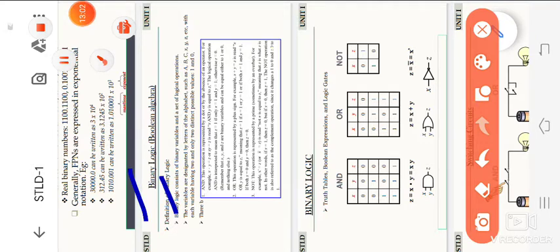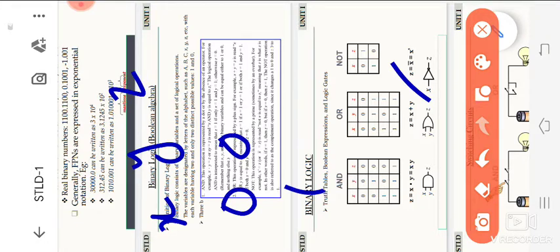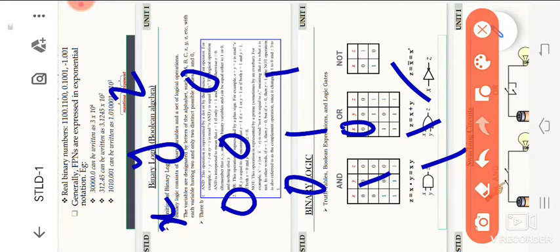This is the OR gate circuit diagram. So here two inputs are there, X, Y, and output Z. That means 00, 01, 10, 11 conditions. We are adding 0 plus 0 is 0. If any one input is high, that condition also you can apply. Or adding 0 plus 1 is 1, 1 plus 1 is 1. This is the truth table for the OR gate.